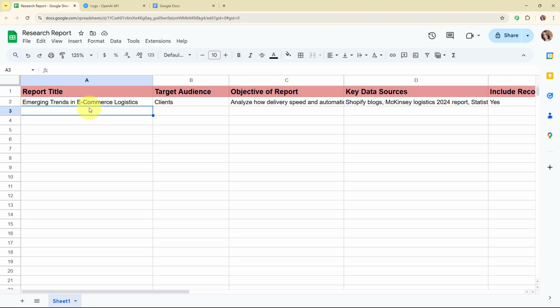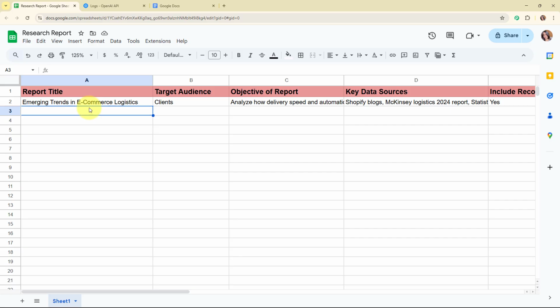In this video, I'll show you how to automatically generate research reports using AI agents. This will help you save time, improve accuracy, and deliver high quality insights quickly. Alright, so as someone who regularly needs to prepare research reports, whether for clients, internal teams, or academic use, I found that collecting data, analyzing it, and formatting everything into a clean, readable report takes a lot of time.